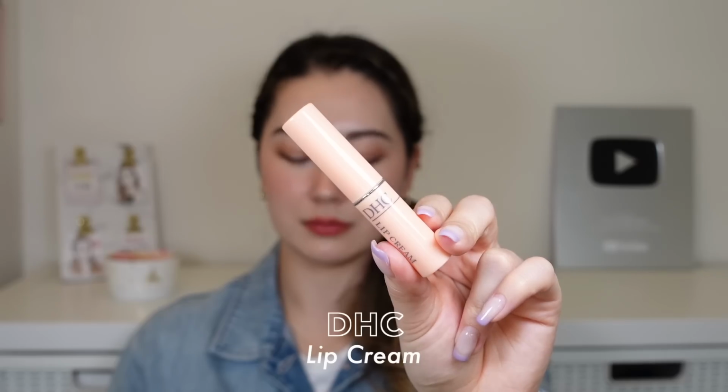And the last one I have is the DHC Lip Cream. This one is another standard in my collection. I tend to go for this one when my lips are just absolutely destroyed, when they're cracking, when they're peeling. That is when I go for this one. I feel like it just repairs better, but honestly that doesn't happen very often when I'm using my other lip balms and staying on top of my lip care. I don't get very dry lips, so I haven't been using it as much,